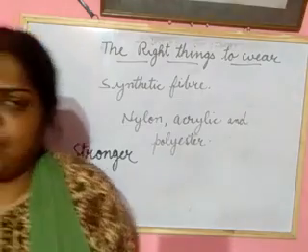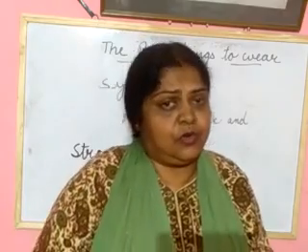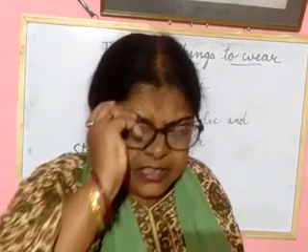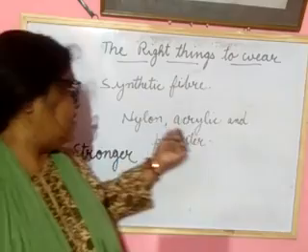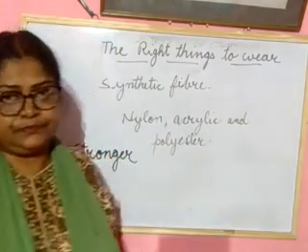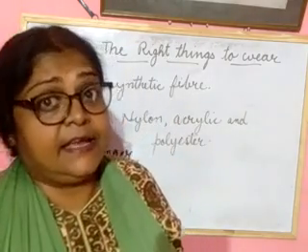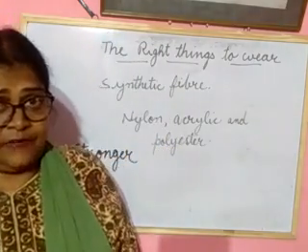So today what have you learned? Today you have learned about synthetic fiber. What did you get from this? That synthetic fibers are man-made fibers. We make this fiber in the factory. Examples of synthetic fiber are nylon, rayon and polyester. And synthetic fibers are stronger than natural fiber. They dry faster than natural fiber.